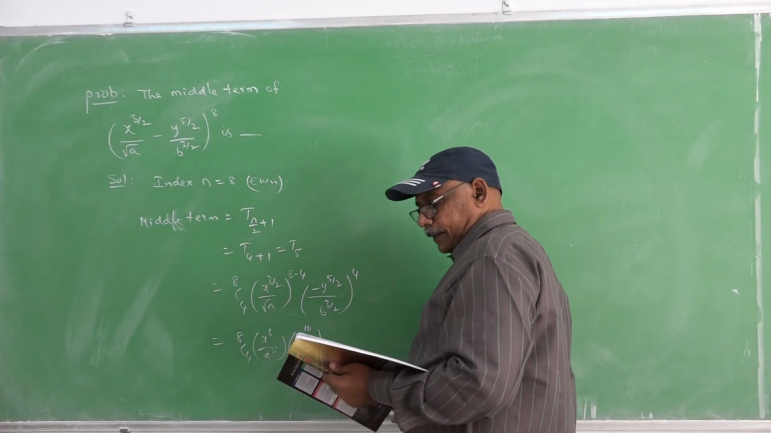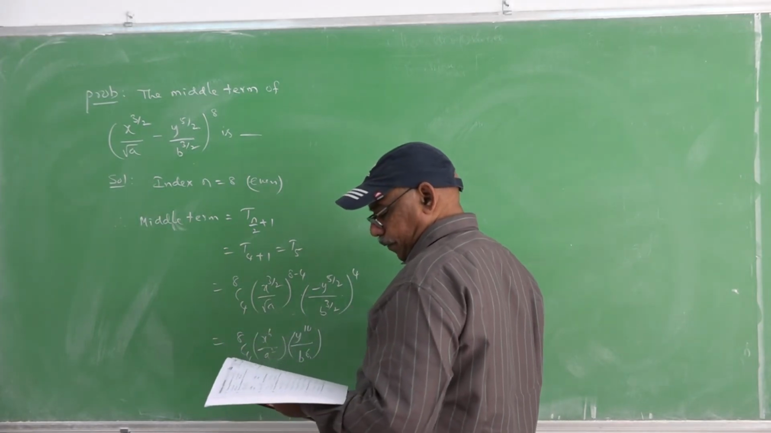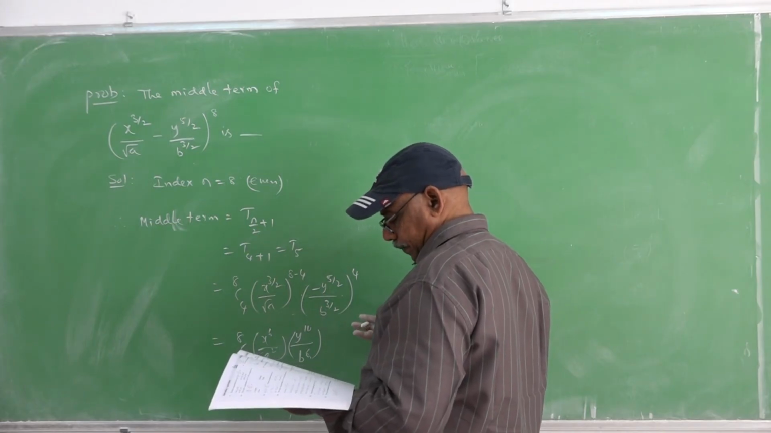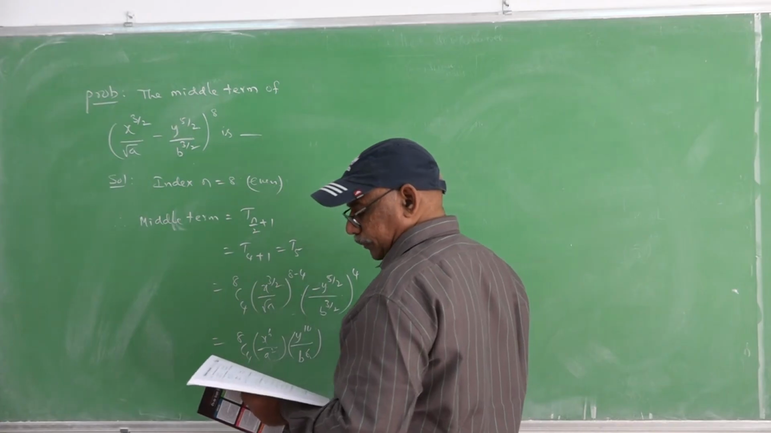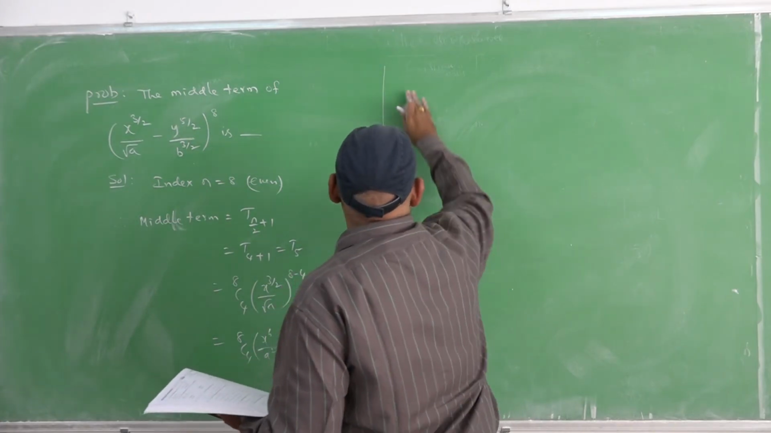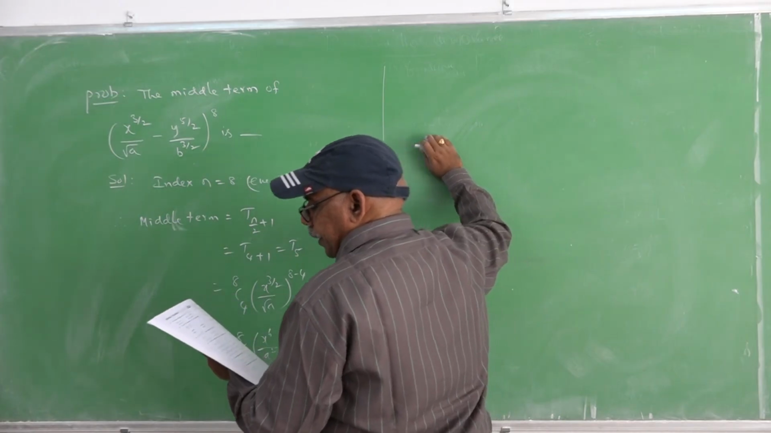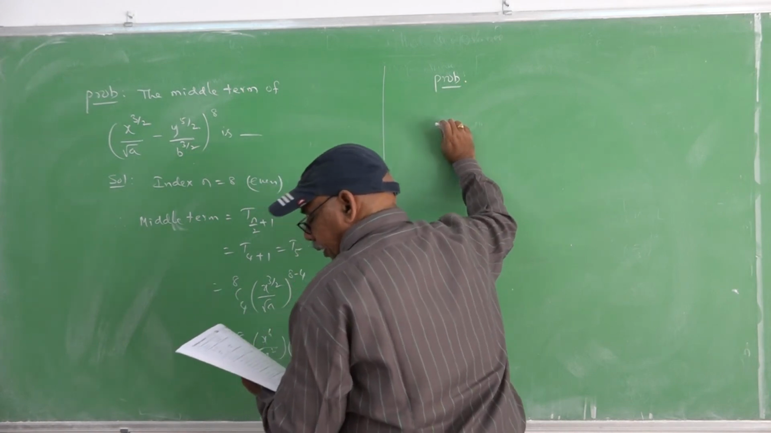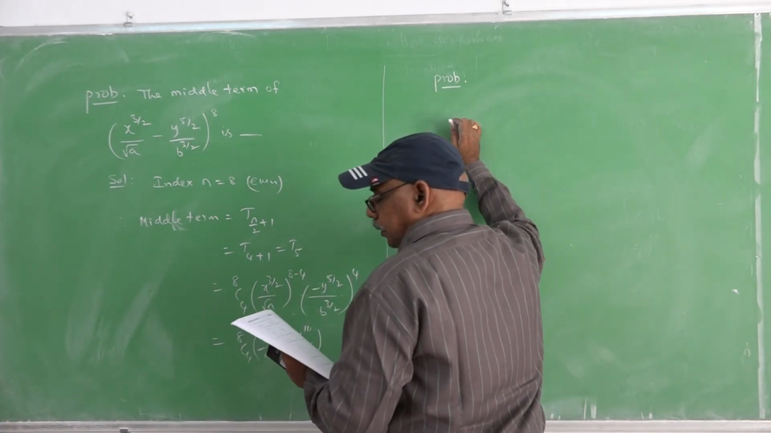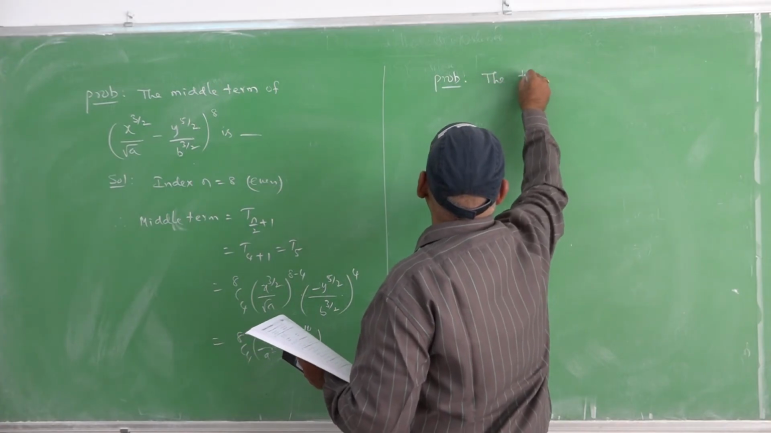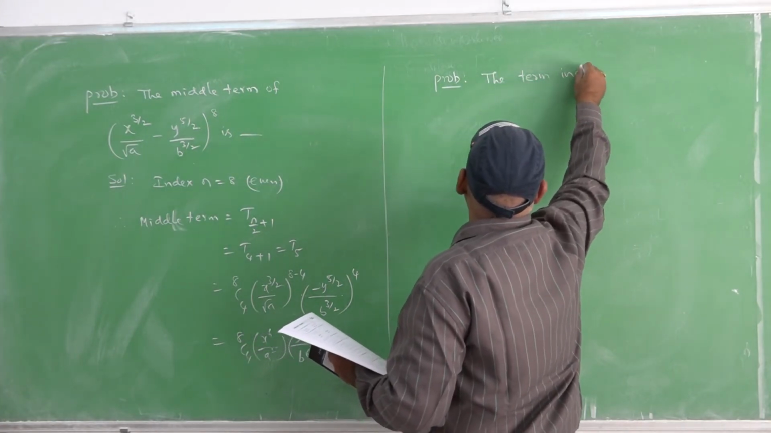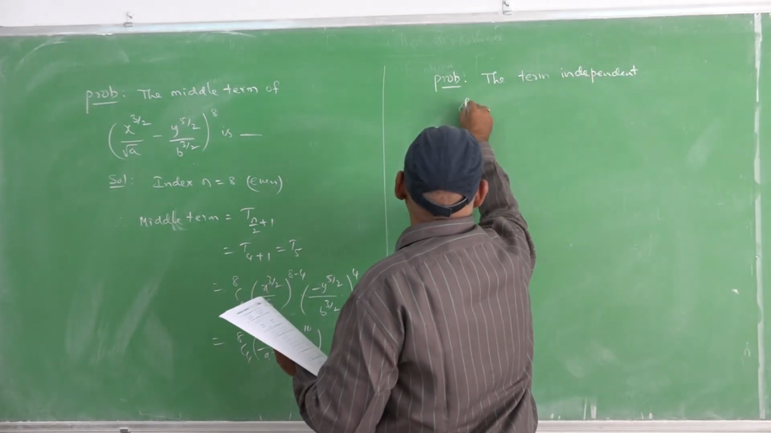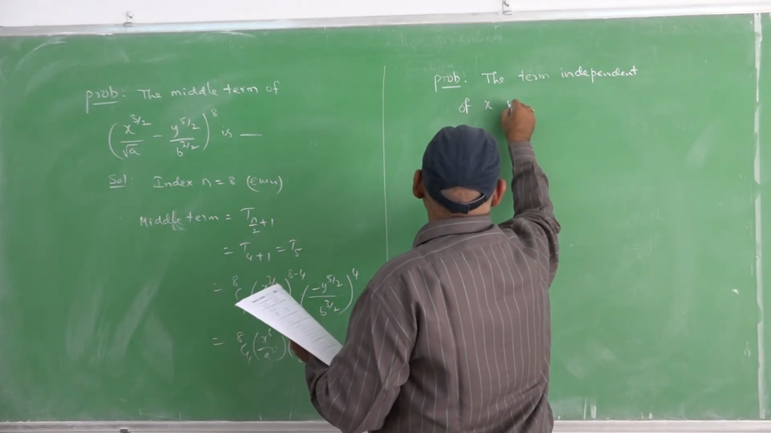Next, finding of the independent term of the expansion. Problem based on independent term of the variable. This is one model. The term independent of x in the expansion